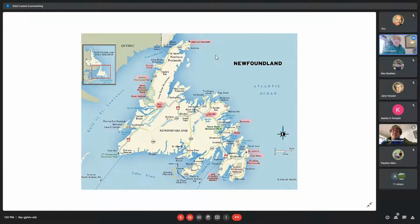So Rich is interested in archaeology. So he was very interested in going to an archaeological site called L'Anse aux Meadows. And it was a long drive. So it took a couple of days to get up there and then to get back, because that's really the only way. And then once we had gone there, we came back, and then we went back through Deer Lake and then took the Trans-Canada all the way over to Gander, where we spent a night,